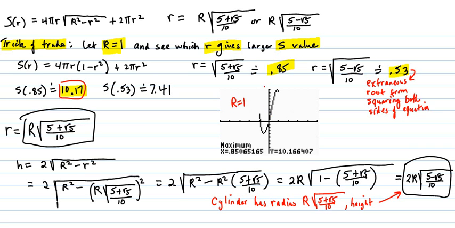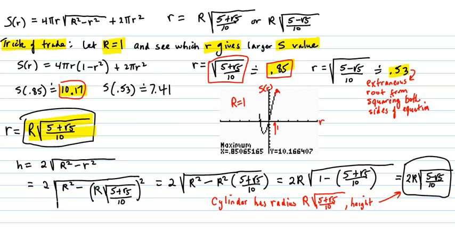We graph the S of r function versus r, and you do see that at right around 0.85 right here, you do get your local max, which in this case is a global max, and that tells you that this r, which in exact form is this one, is the actual local max. So this is your answer,